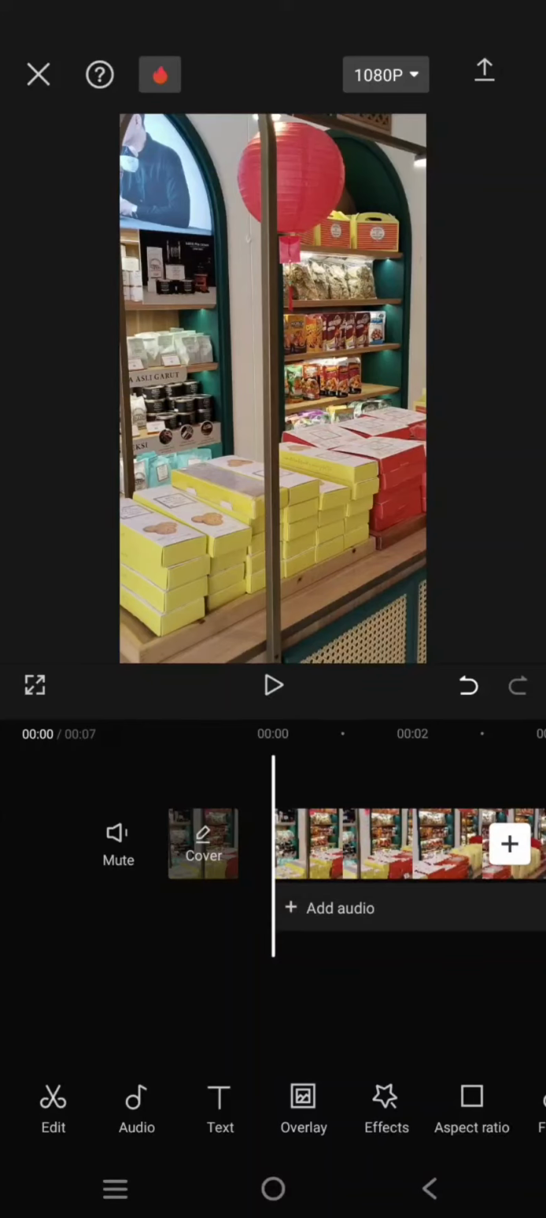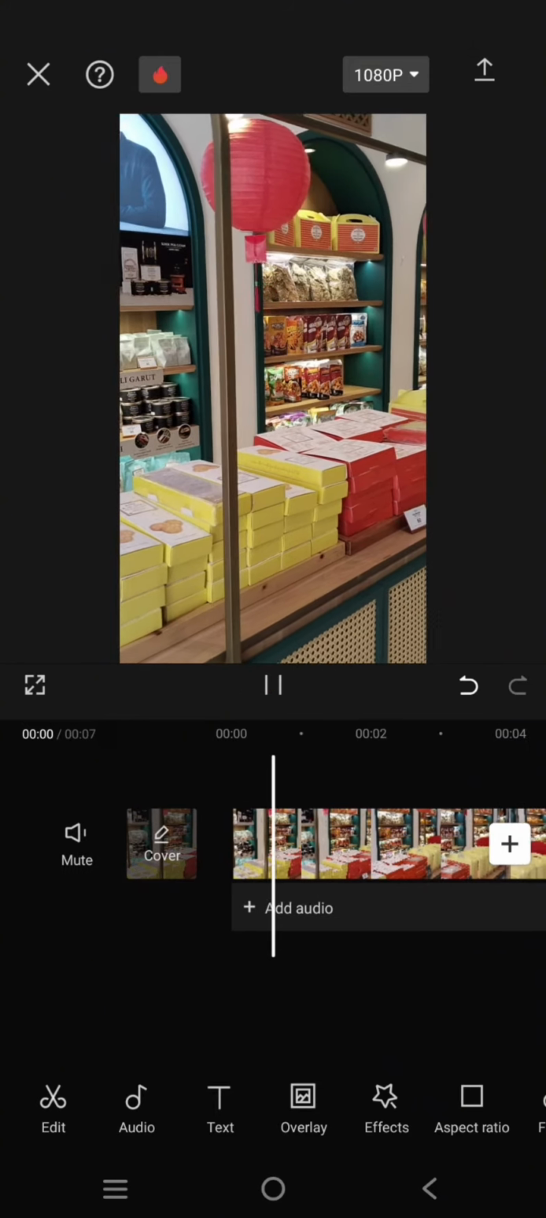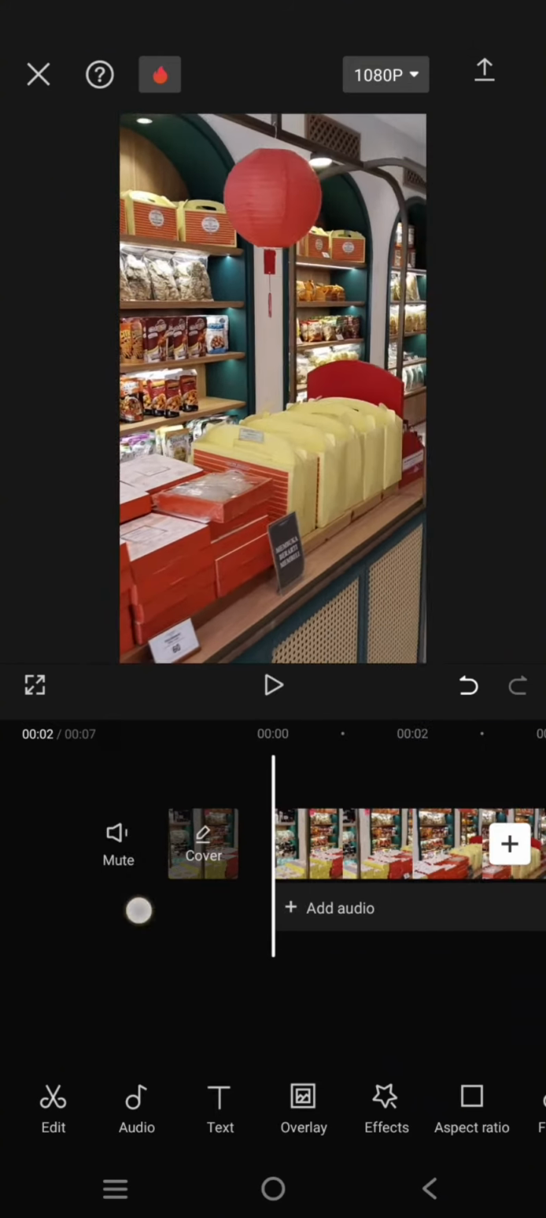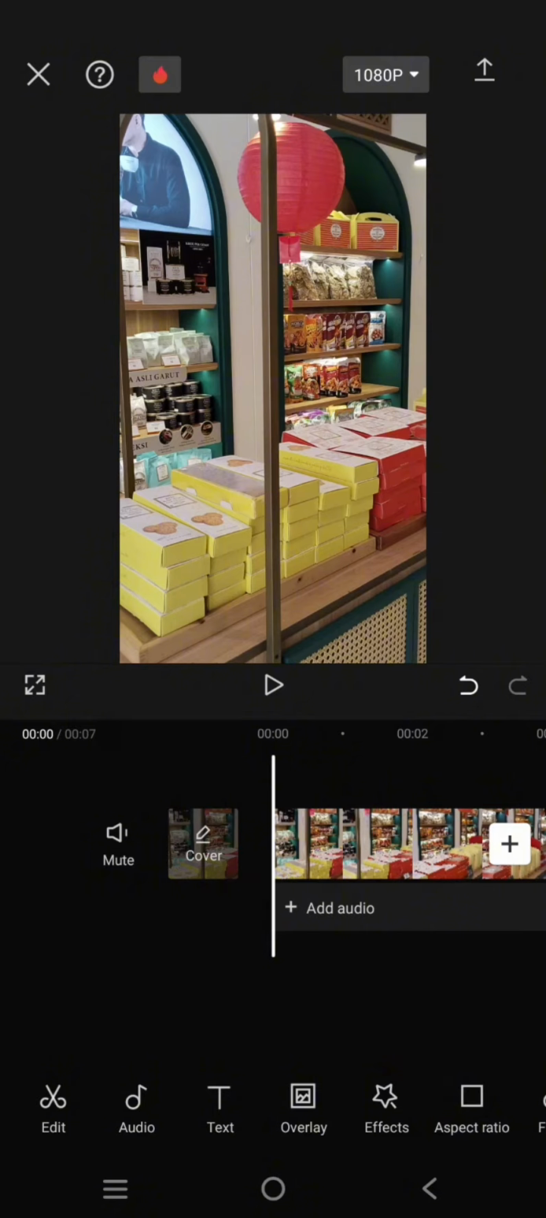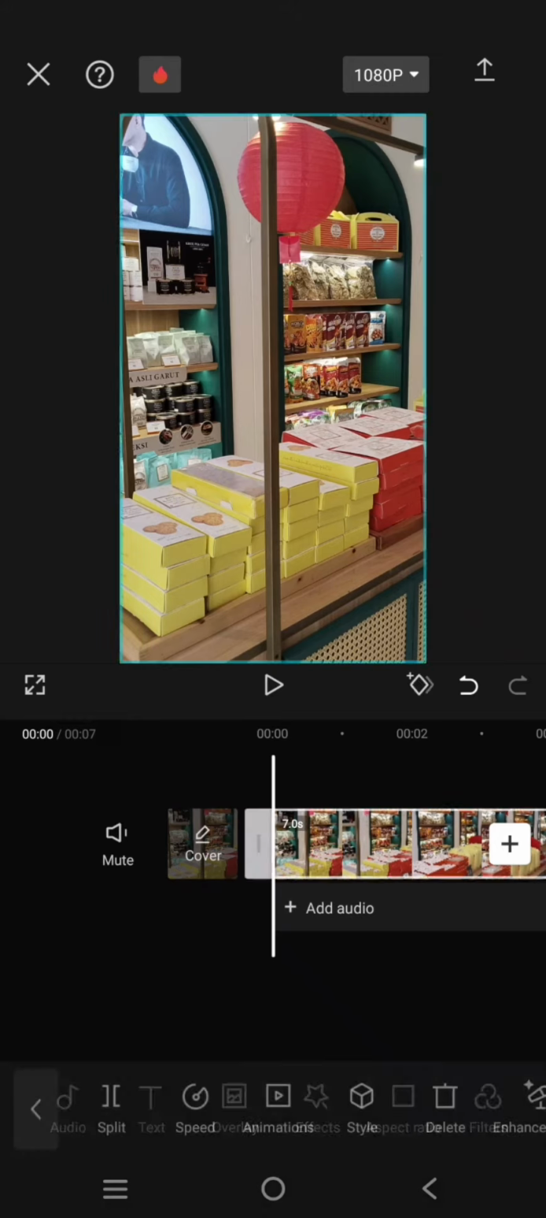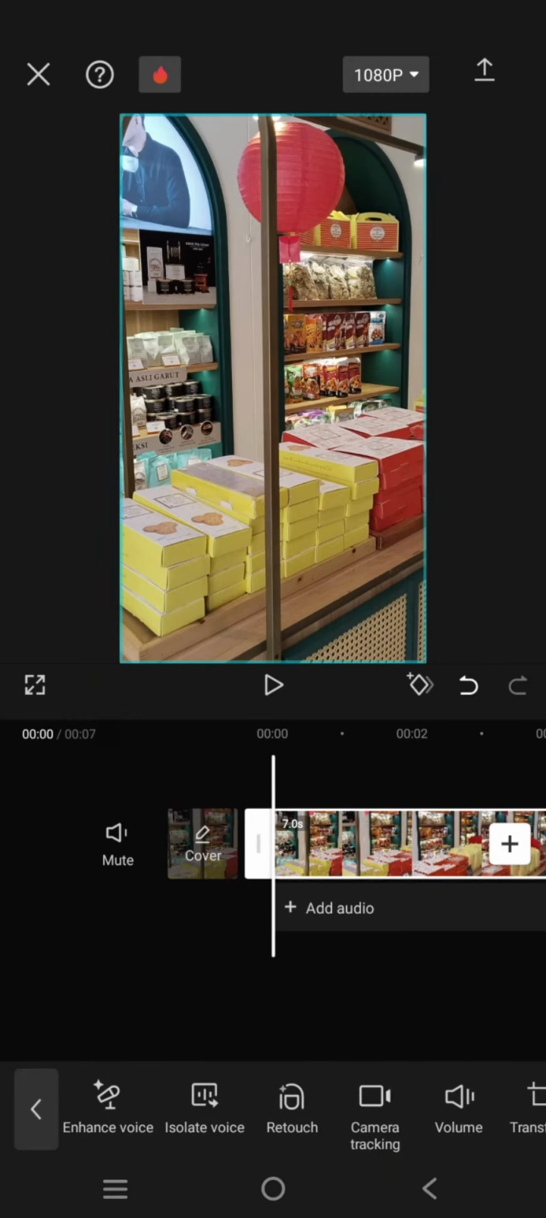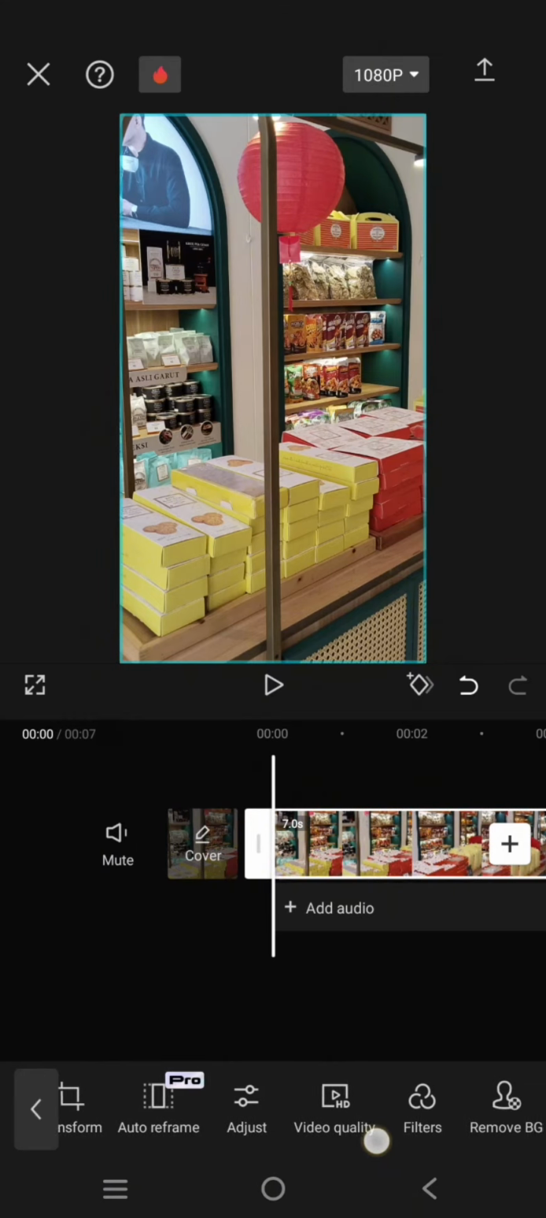On today's tutorial, I'm going to show you how you can fix the resolution issue of a video in CapCut Mobile. So if you have a blurry video in CapCut, you can easily do this trick. So the first thing that you can do is click on the video, find the video quality menu, this one